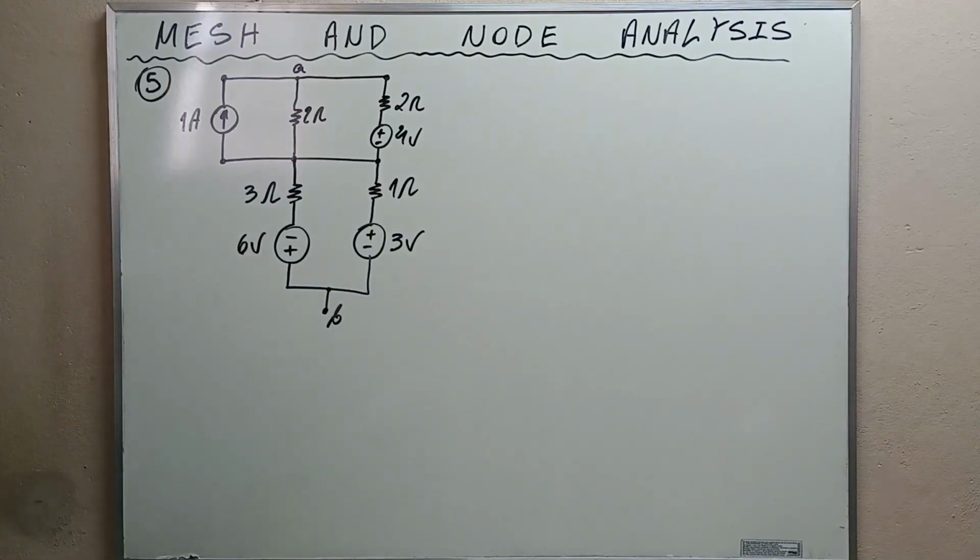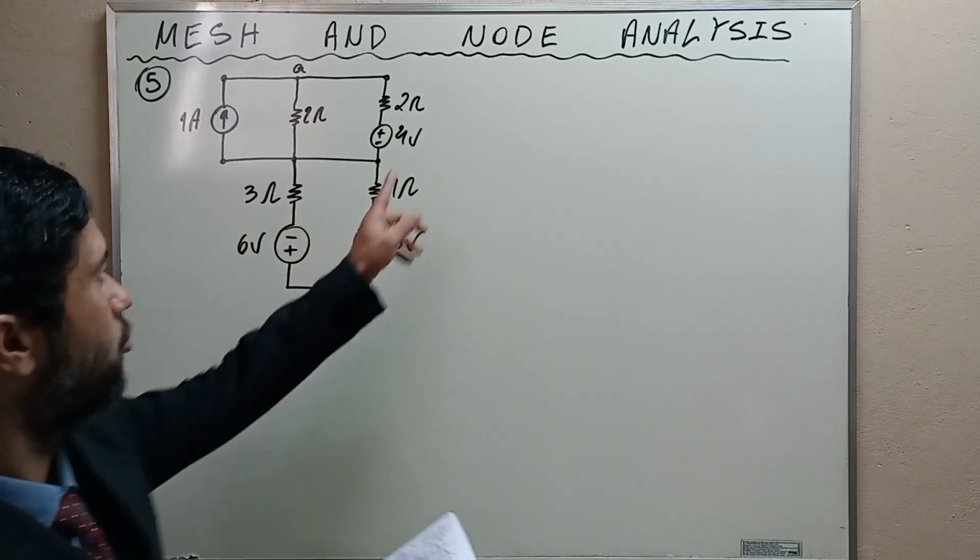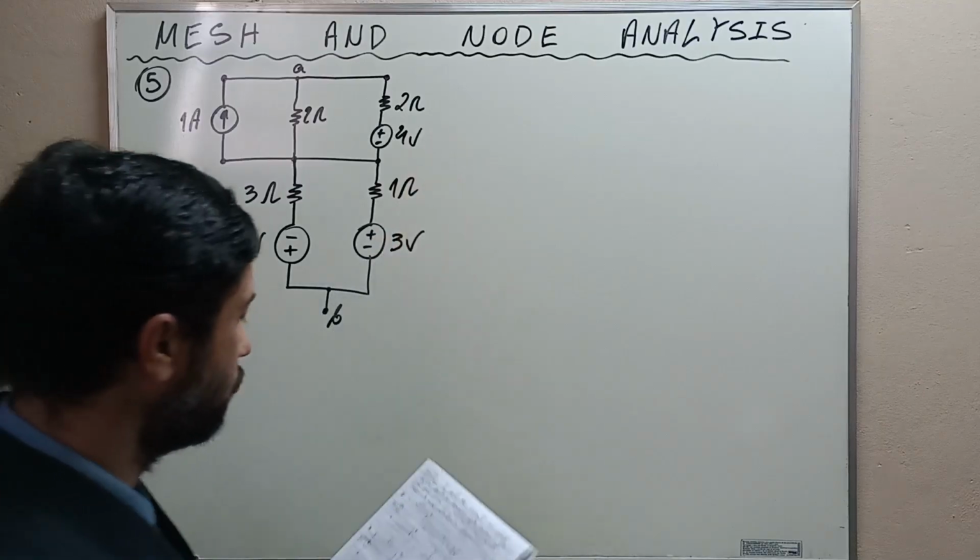Exercise number 5. Simplify the network between terminals A and B into a circuit with only one source and only one resistance. Okay, my friends, this is exercise number 5. Let's go to the solution. To solve this circuit, we shall convert voltage sources into current sources and vice versa, in accordance with Thevenin's and Norton's theorem. Okay, my friends, firstly, we are going to convert this voltage source into a current source. It is going to be